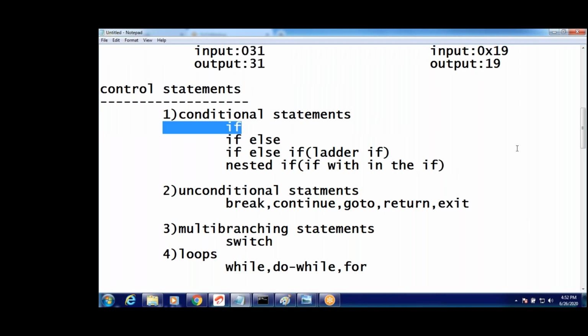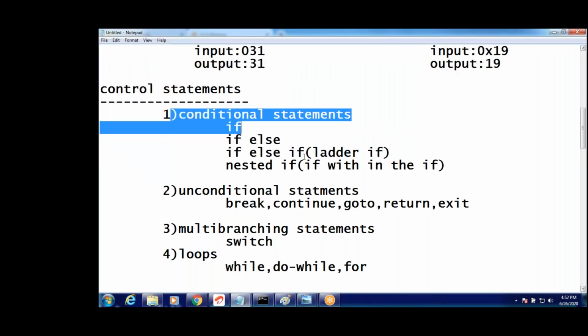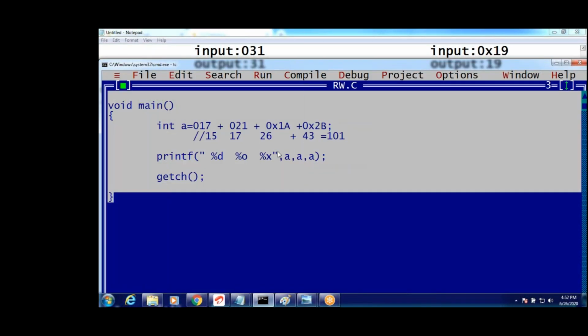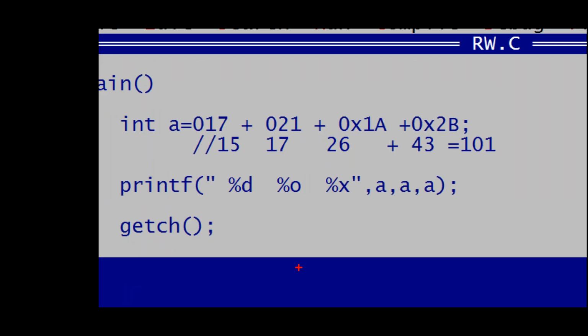Sukirtana is asking to explain once again. You understood 017, right? It's an octal number because it is starting with 0, and it has digits 0 to 7. Converting to decimal, our usable format: 7 into 8 power 0 and 1 into 8 power 1, because it is octal. For hexadecimal, A into 16 power 0 and 1 into 16 power 1. B means 11, so 11 into 16 power 1, 2 into 16 power